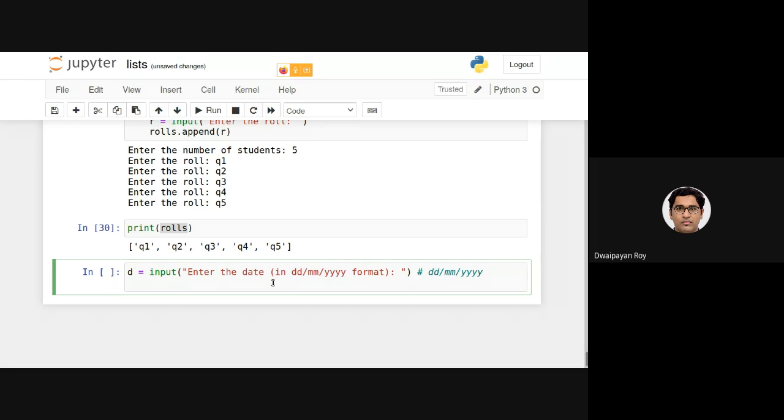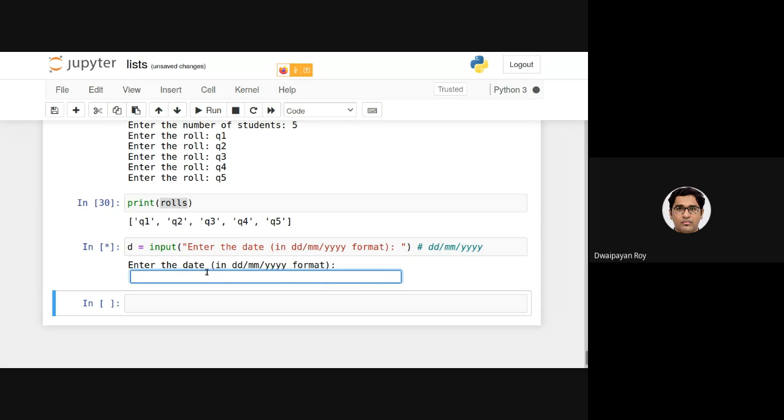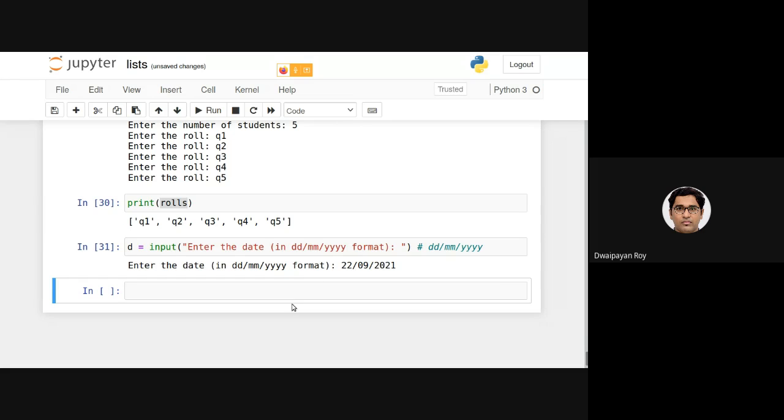So now what we need to do is we need to check. Let's say I'm giving one date in this format. Enter the date, say I'm giving today's date, 22nd September 2021, right?